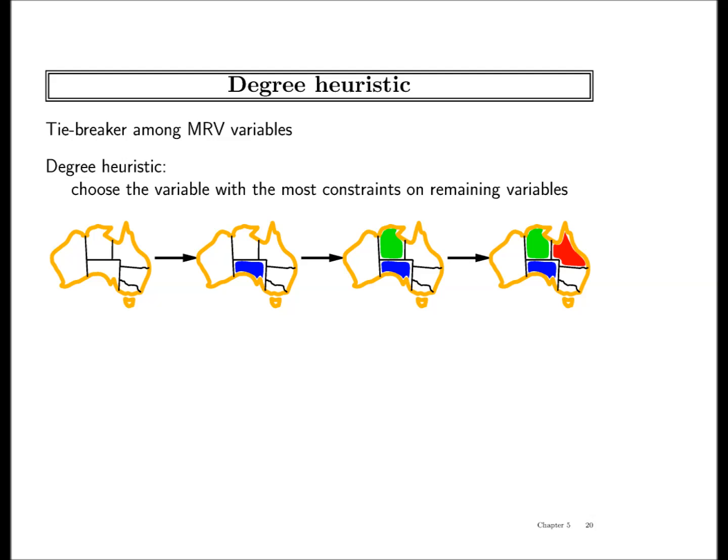If you pick this strategy, do we need the one before? Yeah, you first check minimum remaining values and then check the degree heuristic. That's what has worked more or less. See, minimum remaining values is a much more direct measure of how constrained a variable is, but if there are two variables which have the same minimum remaining values, then you look for which variable is participating in more constraints. See?